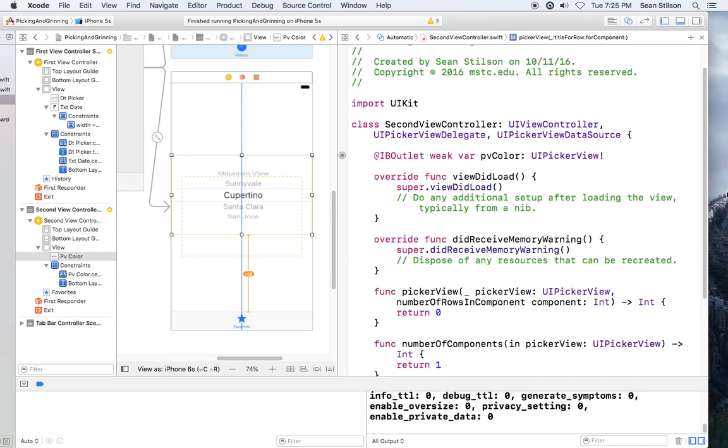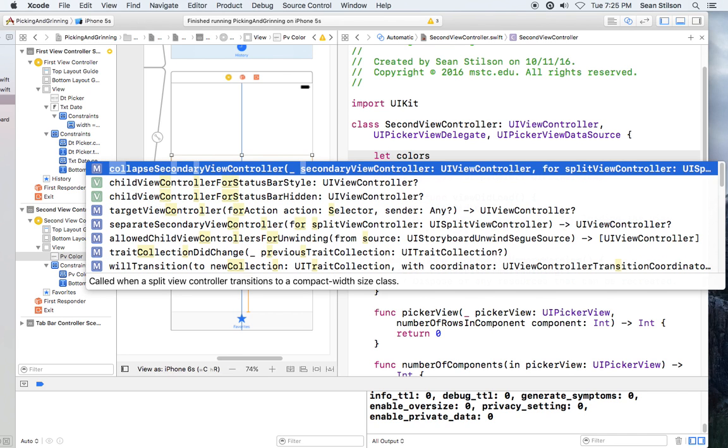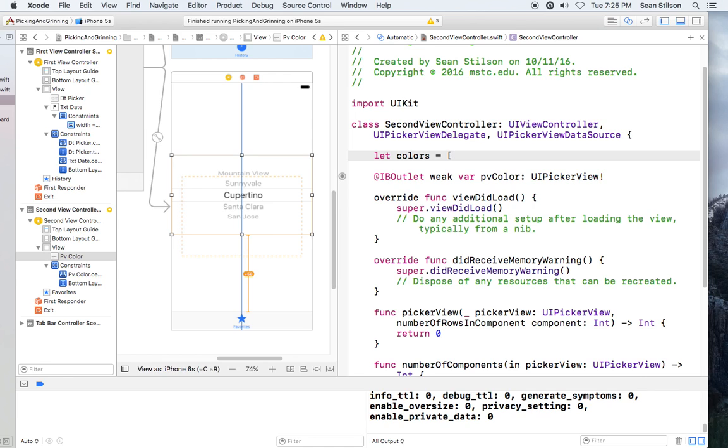So what we're going to do is revisit the colors so we can create a color picker. Up here underneath the class declaration, I'm going to create an array like we did before. In here we can have our friends, the colors, except I want that capitalized: Red, Green. We'll go with a few here, Blue,